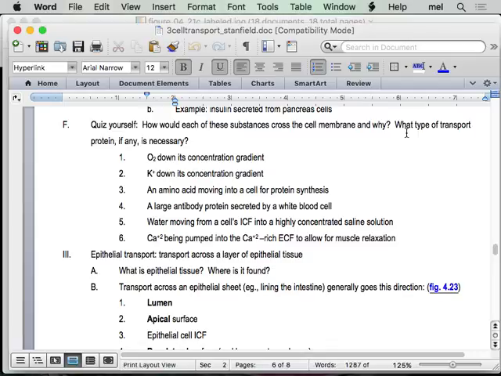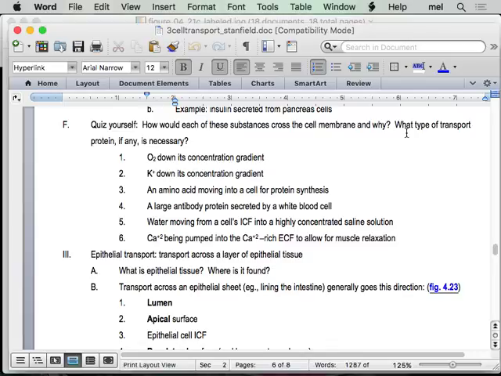Okay. Water moving from a cell's ICF into a highly concentrated saline solution. So it's moving out of the cell. What type of transport and any proteins required? It's osmosis. Does it require any transport proteins? No, it doesn't require any transport protein. I mean, unless you consider the legendary aquaporins, which I don't usually ask you about because they never even draw